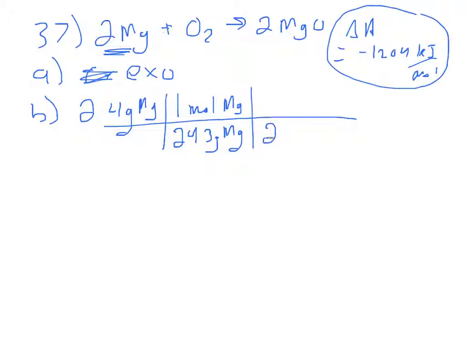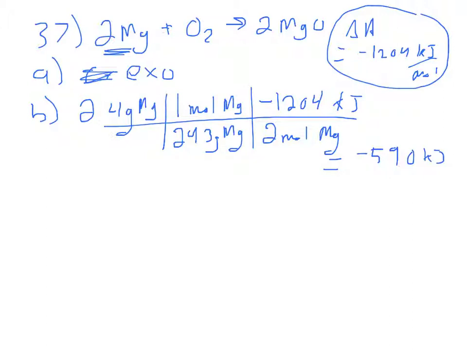And then we have 2 moles of magnesium equals negative 1204 kilojoules. Okay, so we're just taking this and we're finding out how much heat it will give off if we react 2.4 grams of magnesium. We find out that our answer there is negative 59.0 kilojoules. Okay, we're going to set it up the same way